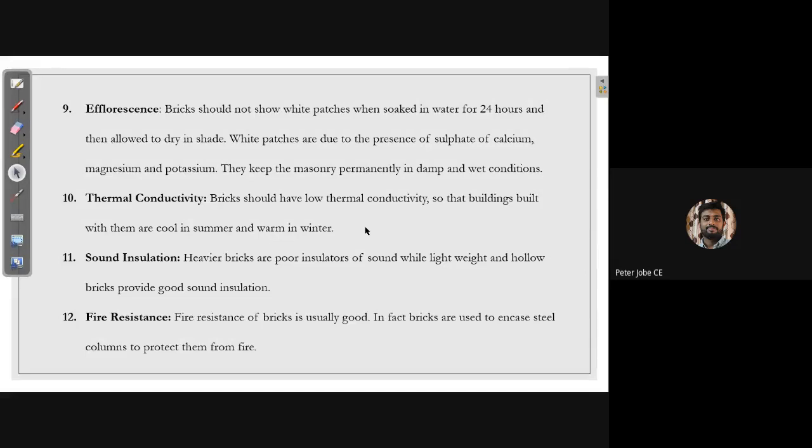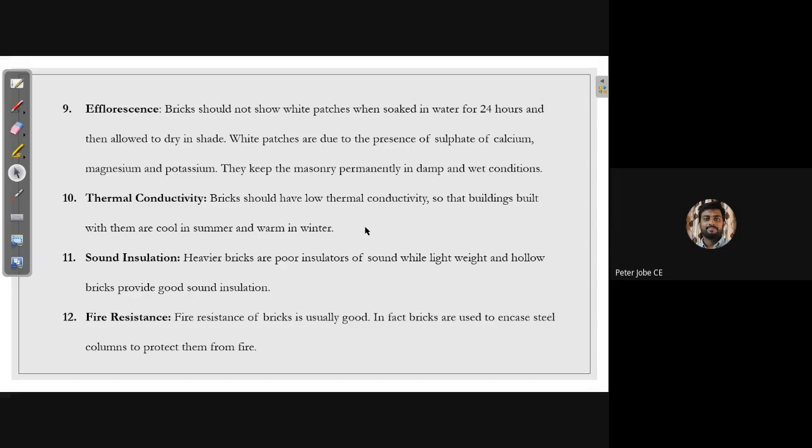So earlier, I think a few classes before, I told you that it is much safer to be inside a reinforced concrete building than a steel building in case of fire, because steel will start to melt at about 1000 degrees Celsius. Even if the fire is on the top storey and we are on the ground floor, it is not safe to stay inside that kind of building, because the steel is not that